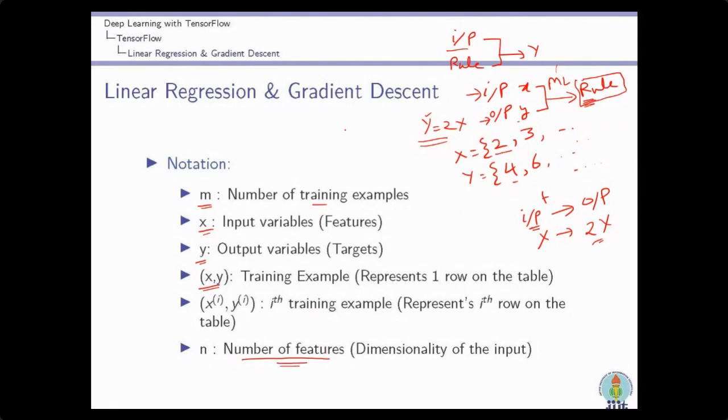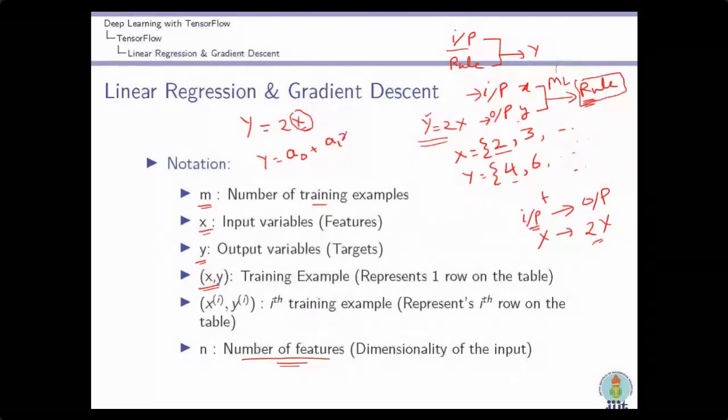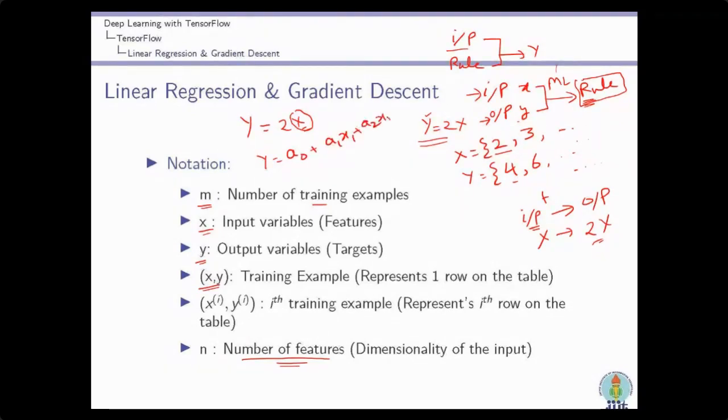Here we have just found the relationship between y and only a single x. But x can have more dimensions, that is, the input is of more dimensions. That means y is like a0 plus a1 x1 plus a2 x2 plus so on. Now y is a function of x, but x has n dimensions.